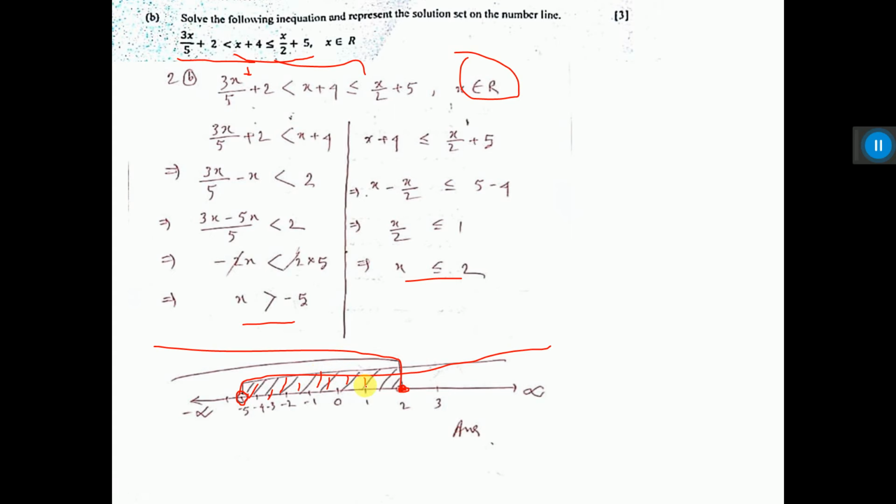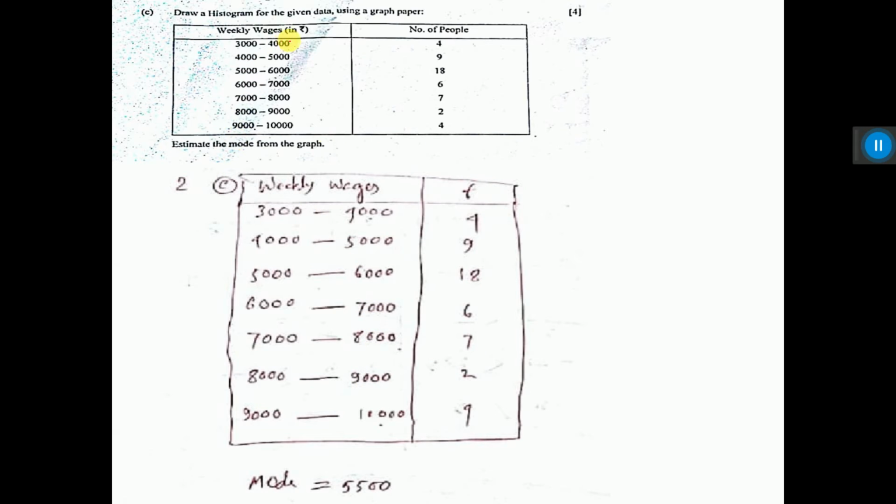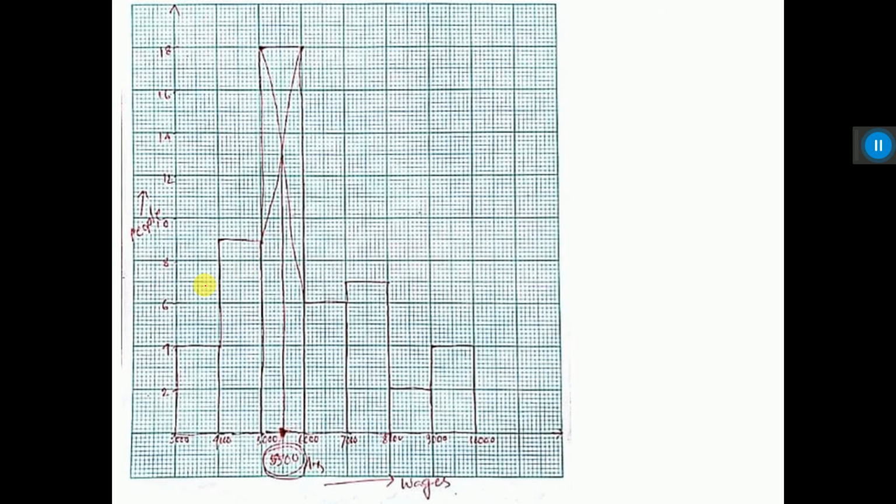This is the answer. Then this one histogram you have to draw. See, I have copied this one and mode I have written here, but you cannot write without drawing the second page, I mean graph, you have to draw at first. Histogram you have to draw, and the highest rectangle you have to do that crisscross from here up to the next highest rectangle corner you have to join, and from this corner to the next highest rectangle corner you have to join the intersecting portion here. From here you draw one perpendicular to the ground line, base line, and here you see from the graph you are getting 550. That is why I have written here 550.